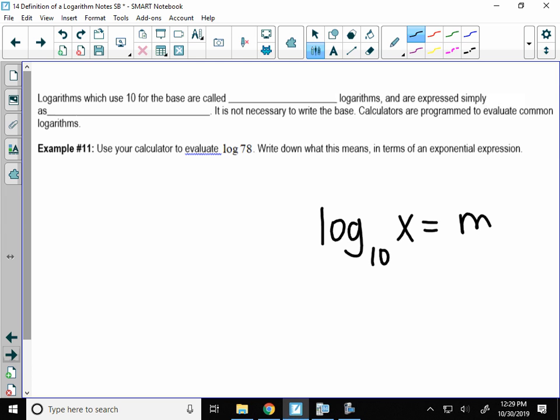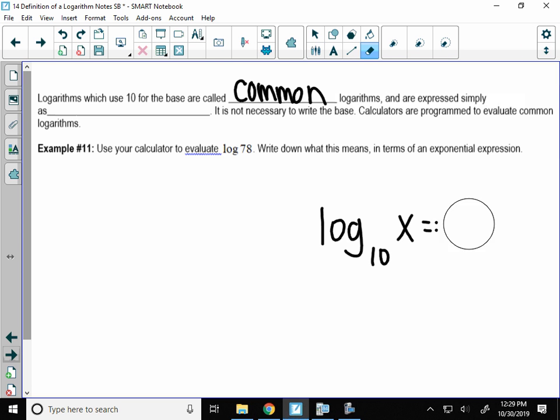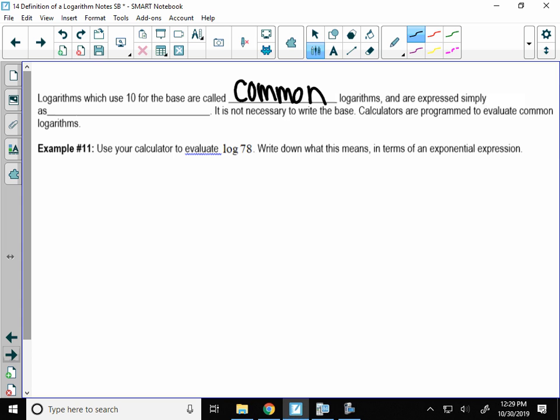They are called a common logarithm. Now the reason it's called common is because they use log base 10 a lot. One thing that log base 10 would be used for is with like acidity and bases with pH. They do logarithms with that. So they use a common logarithm, log base 10.